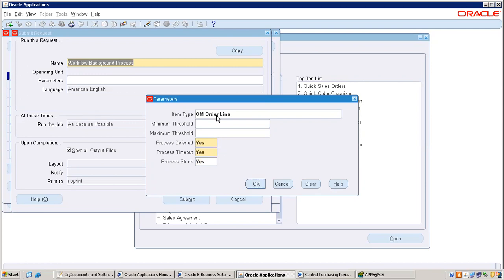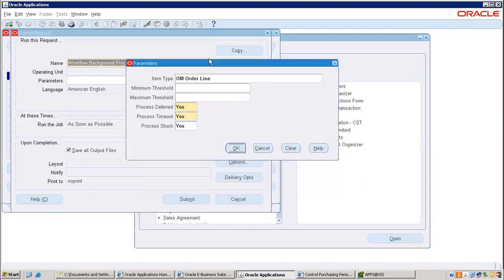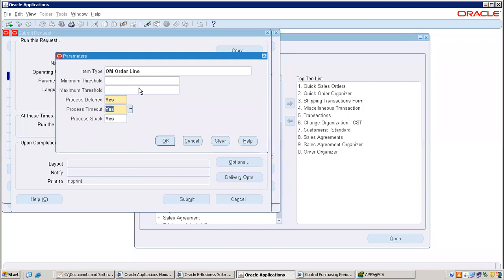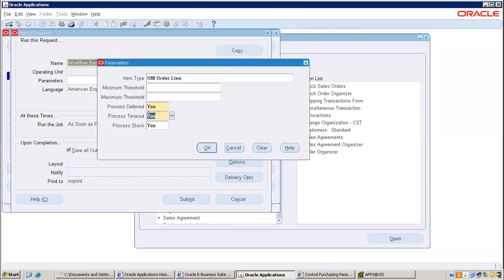Then that's very easy. So you will come to know definitely what is meant by deferred, meaning long running activities. Timeout means, like if you apply for leave, your manager has to approve in one day, like that. That kind of functionality, timeout will be used. Or before creating an order, we need to check something. Before creating a line, the order must be created. Timeout means time delay. Simply, you will come to know in the workflow. Stuck means what? These are all workflow related parameters. You may not understand at this point, but I'll tell you later in the workflow.